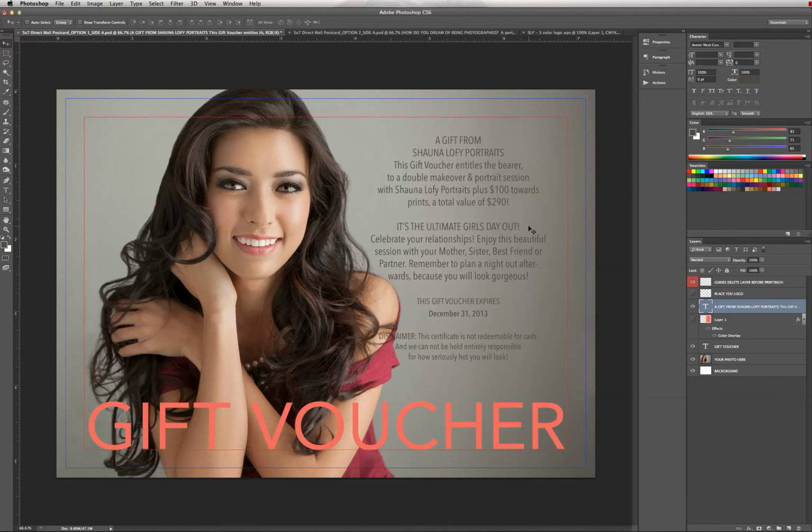It really just depends on how you want this to look. You can play with it and change the design around. Look at examples of magazines to get some really great ideas for layout on a particular page. There's certain ads in there that have a similar setup as far as how they place their text and how they place their images and how they place images on top of text. But it's really just a matter of how it works for you. And maybe I want to change this one to